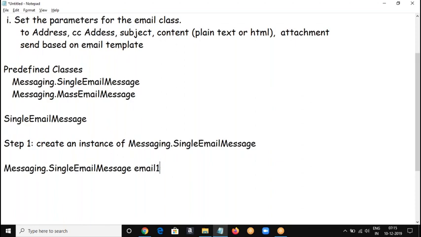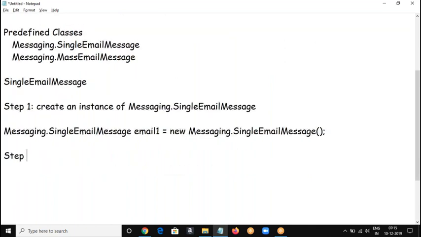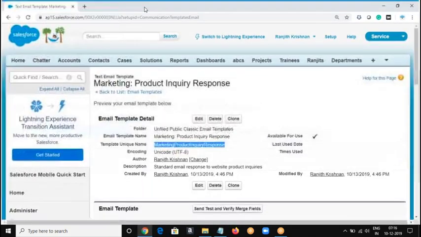Like this, the instance is created. Step 2, okay, we have an instance. This class contains a lot of parameters and methods. If you check this class,